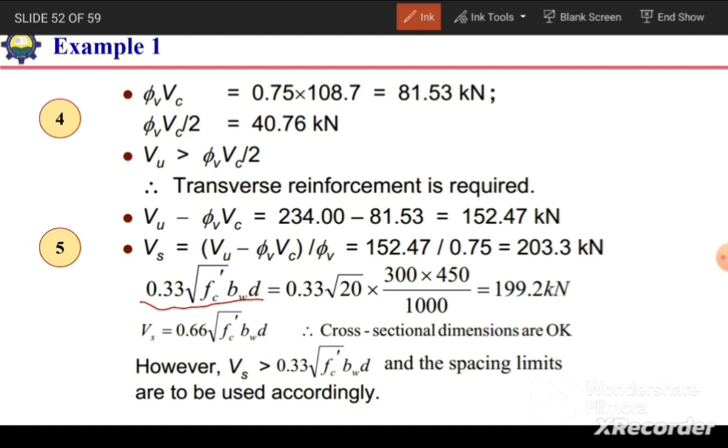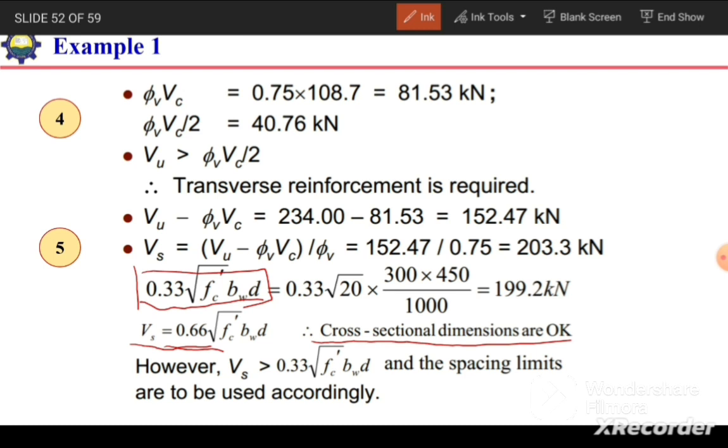Actually we have the condition that Vs should be less than 0.66 square root fc prime bwd in any case. If it is more than this value, then it is necessary to revise the sectional dimension. Otherwise, we can keep the same dimension if Vs is more than this value, but we can reduce the maximum limit of the